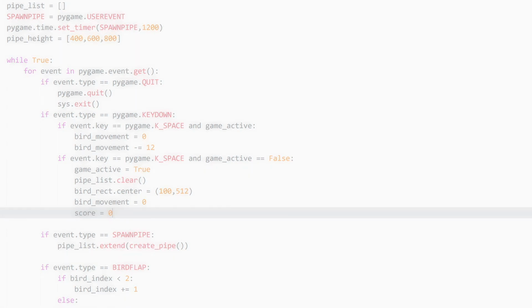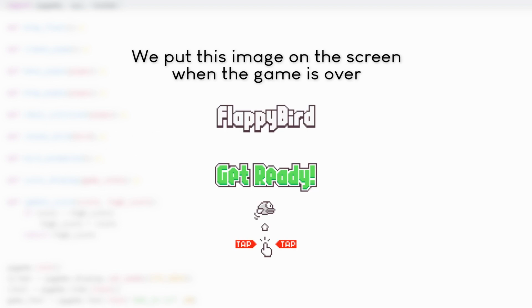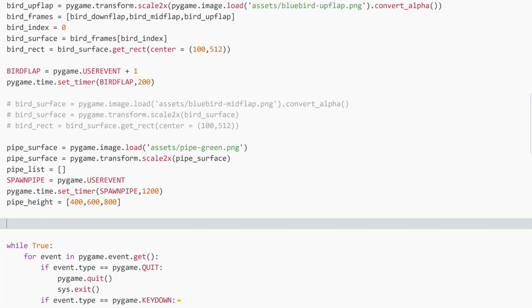So let's start by making the game over screen look a bit prettier. And I'm going to make this quite easy. All we really need to do is to take an image and put it in the middle of the game over screen. And you're going to see in a second what that means specifically. So here we are back in our code,